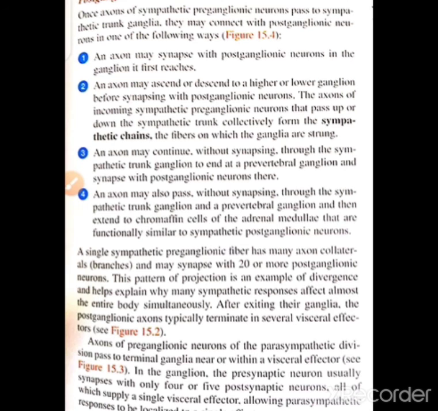So this is about the sympathetic division, and we'll study the parasympathetic in detail afterwards, how the parasympathetic division is distributed. This is all about the sympathetic division of the autonomic nervous system, how it is distributed: the sympathetic trunk ganglia to the upper body level, and the prevertebral ganglia to the lower body, below the diaphragm, supplying the various visceral organs. That's all about it.